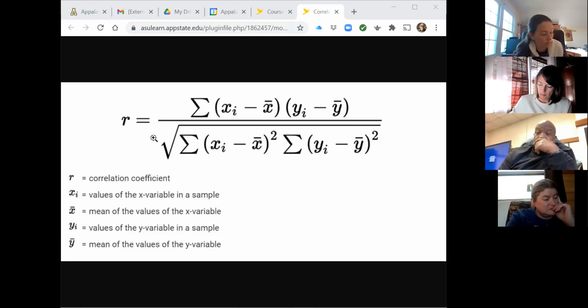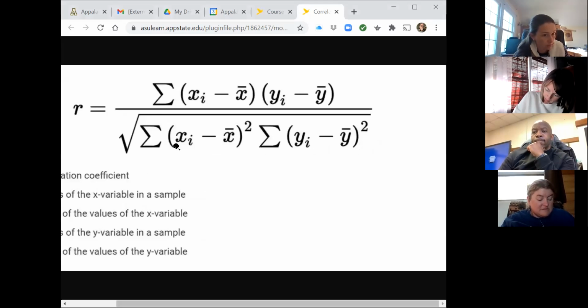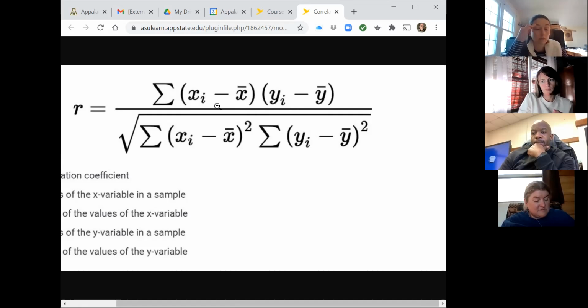Figure that you have Y's and X's, and we have converted those Y's and X's to standard scores, and these are standard values now. If we multiply together those standard values